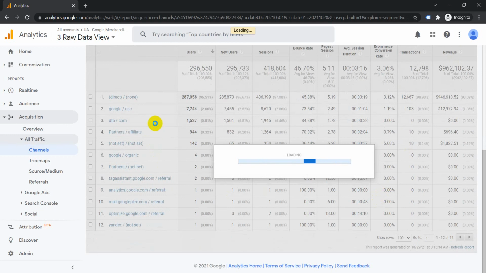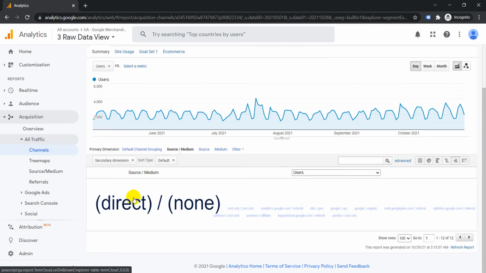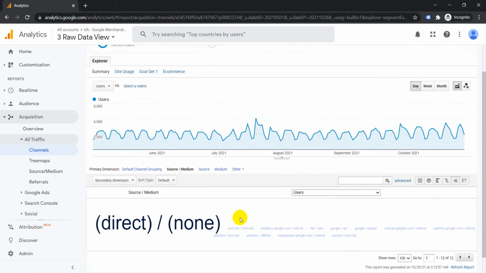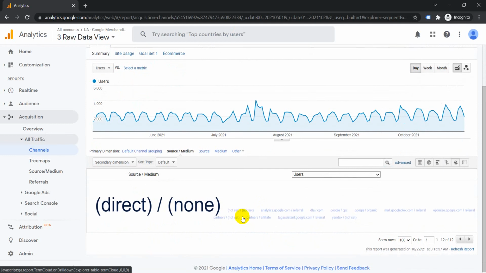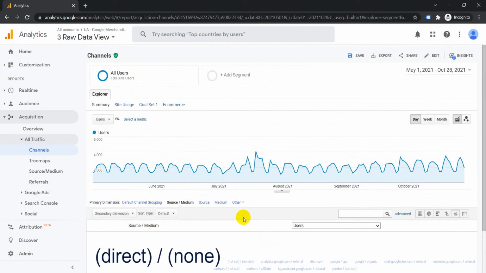So now we will be able to see all these stats together. Okay, then I will show you what I will do here. Now see, when it appears like this, you know that users direct has the most number of users. So now say for example we want to test this out based on maybe different